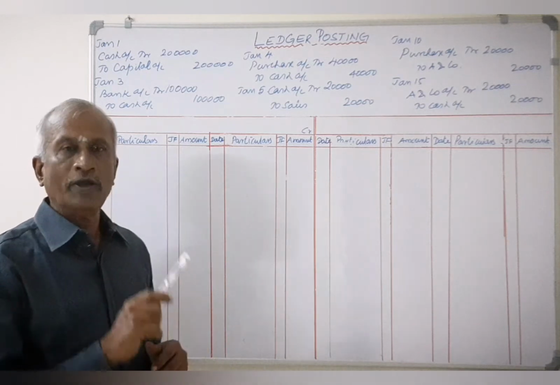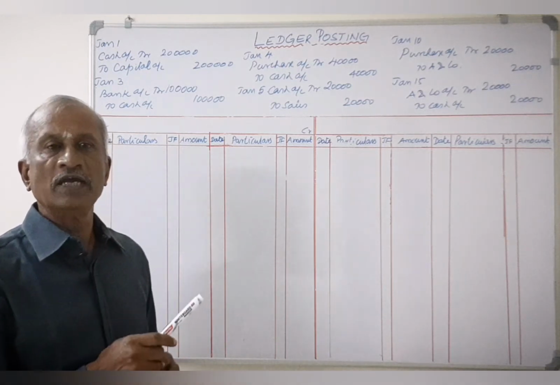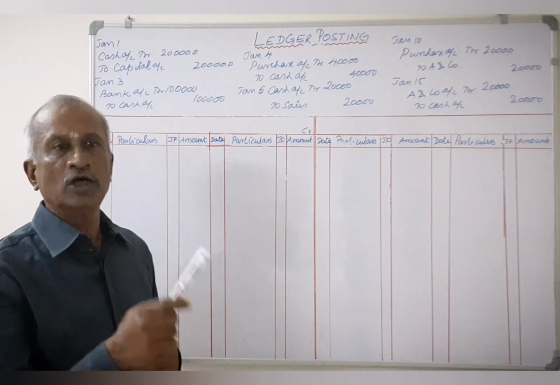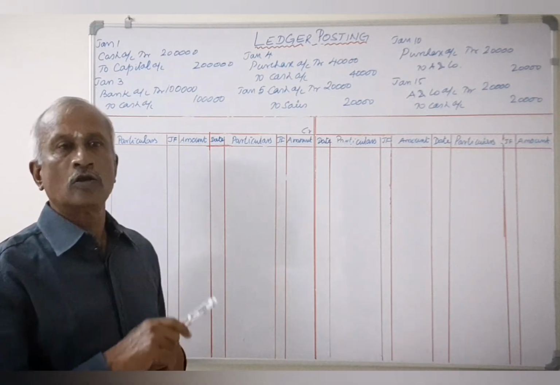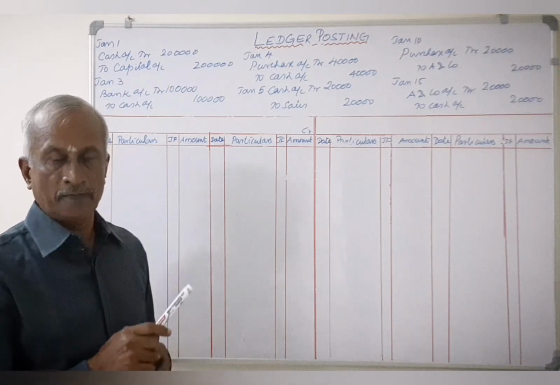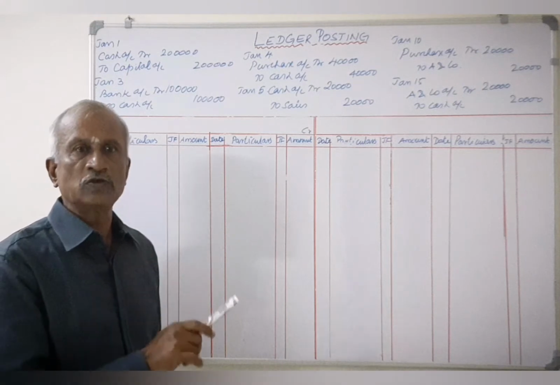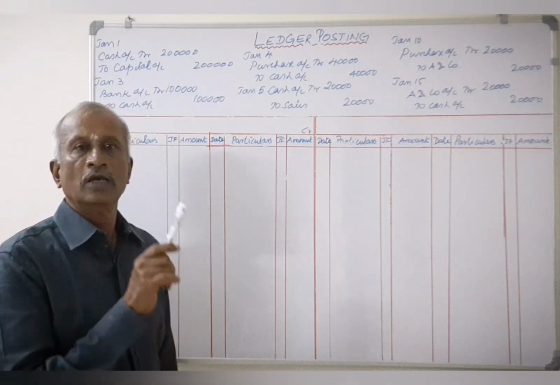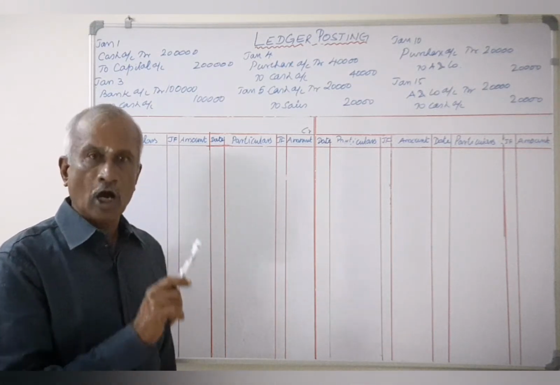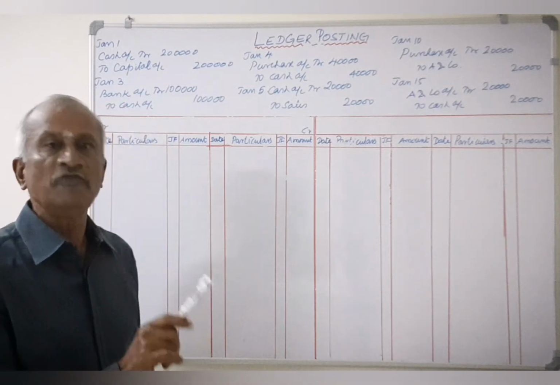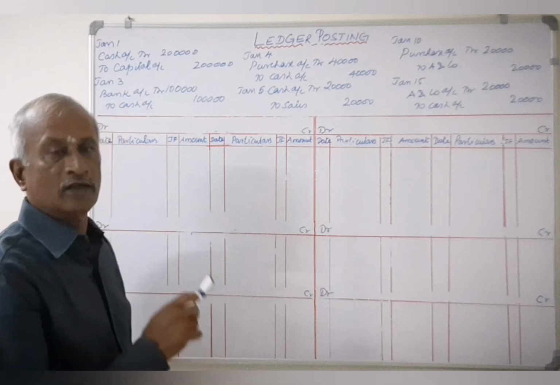the journals. When the computerized form of accounting is followed, once the transactions are recorded in the journals, the ledgers are automatically prepared. The ledger is very useful for a businessman. The net results of all the transactions in respect of a particular account on a given date can be easily ascertained only from the ledger. Now let us start ledger posting.